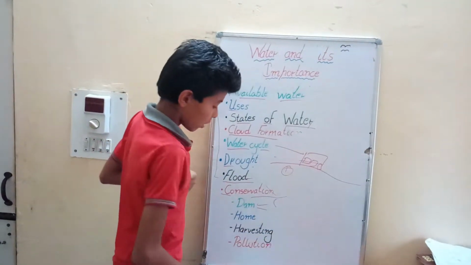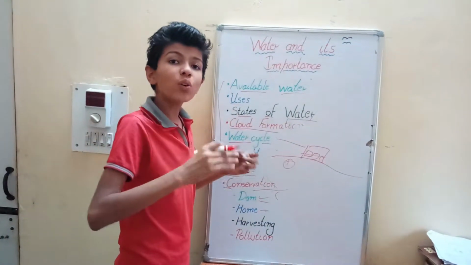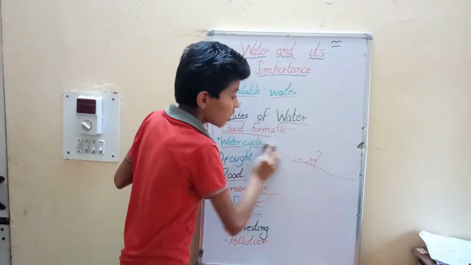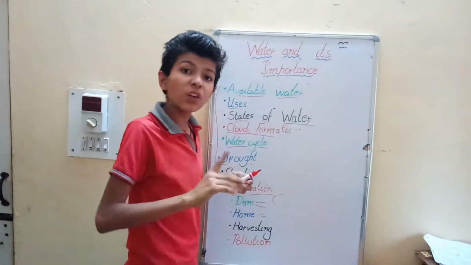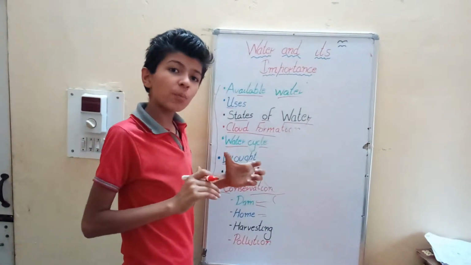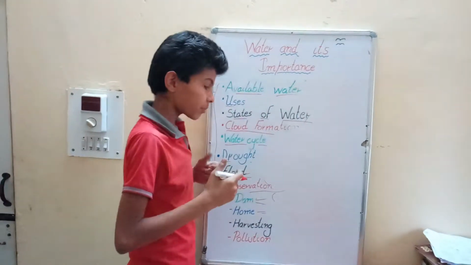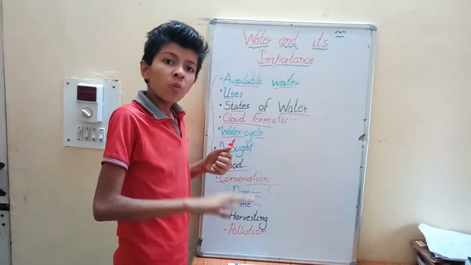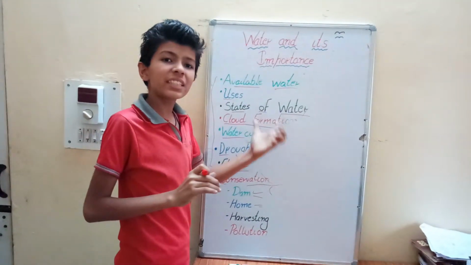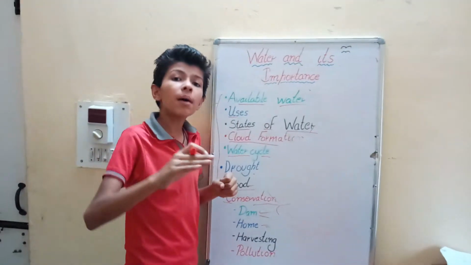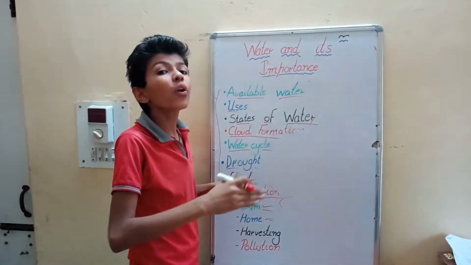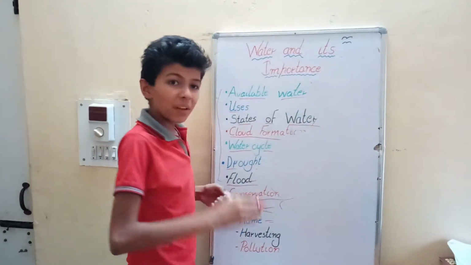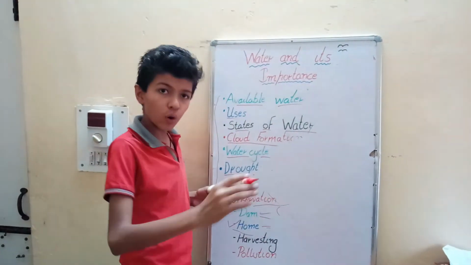So this is how the dam works. Or how we can preserve water at home or avoid wastage of water at home: by not throwing away the water you have brought in your water bottle, instead watering a plant with it, and washing a car without using a pipe but only with a wet cloth, and repairing the leakage pipes nearby in your locality. These are the ways in which you can preserve or conserve water at home.